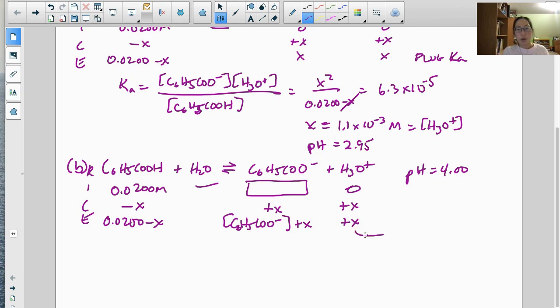Well, it turns out we know what x is in this case, right? Because we know the pH. So our H3O plus is going to have to be 10 to the minus 4.00, because that's what our pH has to be. So we know what x is. And since this is much smaller than our initial concentration, we're going to neglect this x and plug this into Ka again. So Ka is going to be our